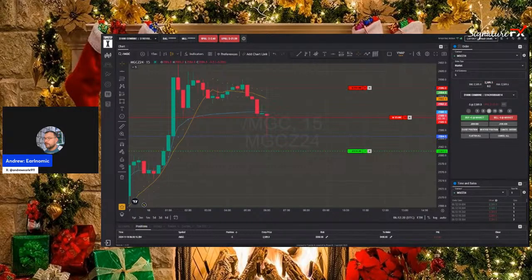Yeah, so quite mindful of that candle. It's rejected our take profit one, you can see, and it's actually looking to go bullish within the next 2 minutes. So yeah, we're quite interested to see how this candle opens. We might see a push up into a stop loss. What I will do is there might be a chance to actually reverse this position. So yeah, but keep an eye on this.